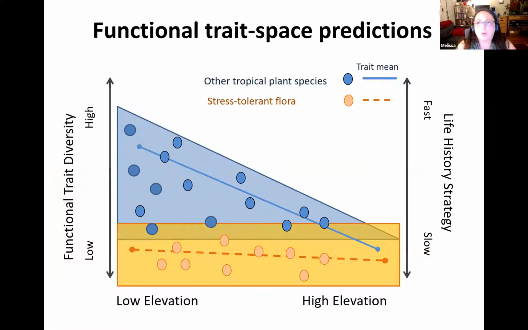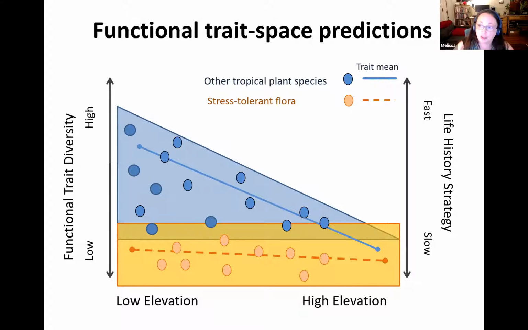So I put together this prediction. You can think of general observations observed across most plants as tending to follow more the blue on this diagram. Whereas at lower elevations, you have a very wide range of functional traits, so high functional trait diversity. As you go up in elevation, there's a tapering, as species begin converging towards